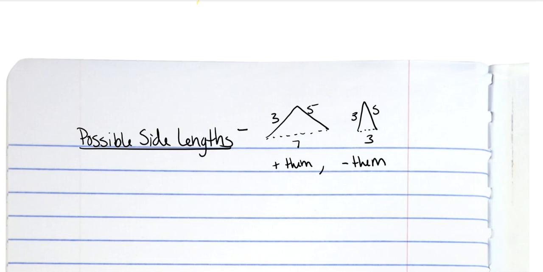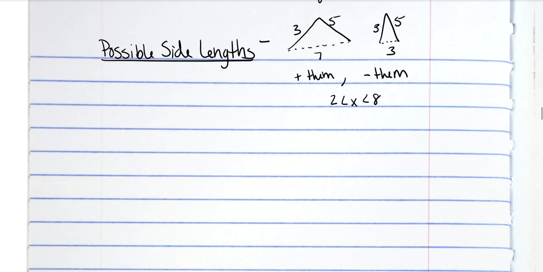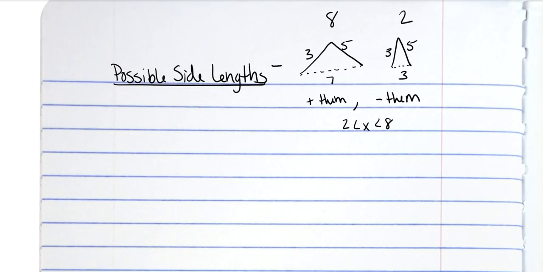Oops, this is 3 and 5. So whenever I add 3 and 5 together, that gives me 8. When I subtract them, that gives me 2. So my answer has to be 2 is less than x is less than 8. So you're going to add them and subtract them. That's all that is. So another example is if you have 5 and 9, what are my possible